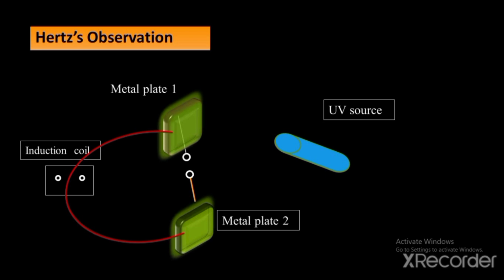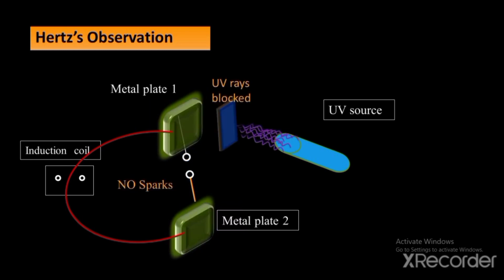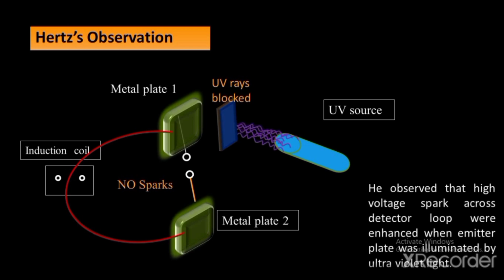Then he made light fall on the metal and immediately he observed a spark. Now he wanted to confirm whether the spark is due to the light itself or not. Therefore he blocked the UV light. Then immediately he observed there was no spark. So we can say he observed that the high voltage spark across the detector loop was enhanced when the emitter plate was illuminated